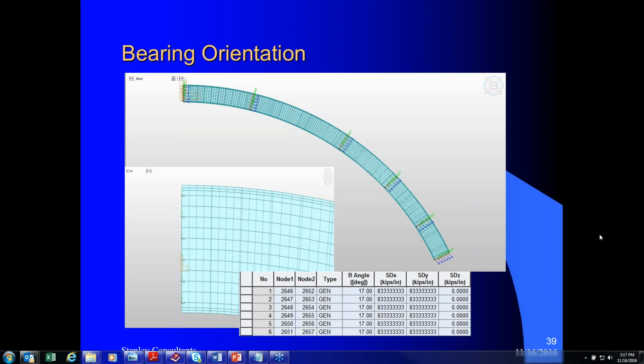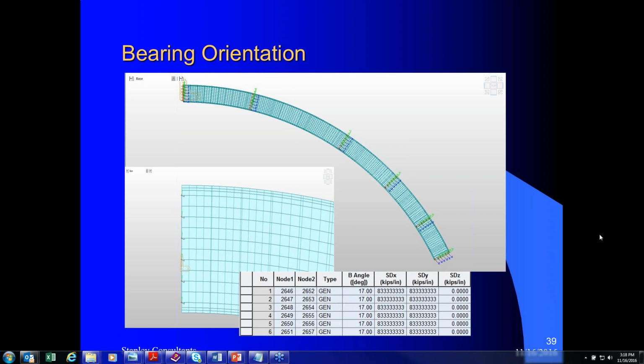That's usually dictated by the contractor. But we did provide some erection sequence, and for the sequence we provided, we are using